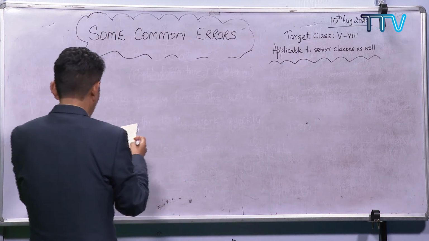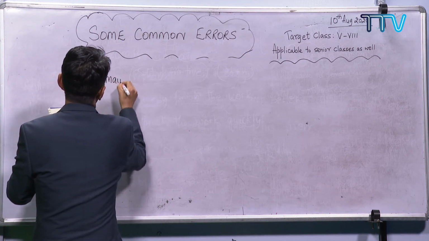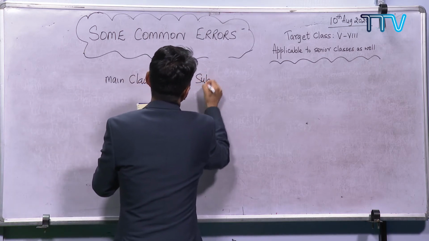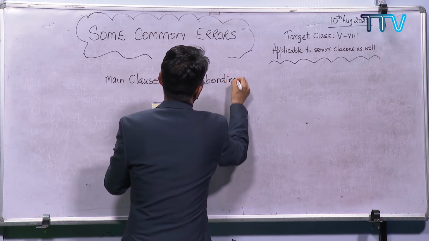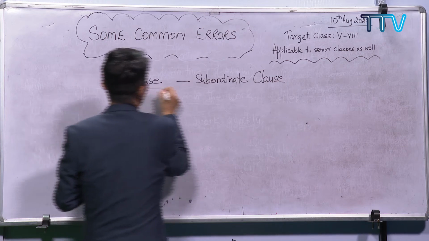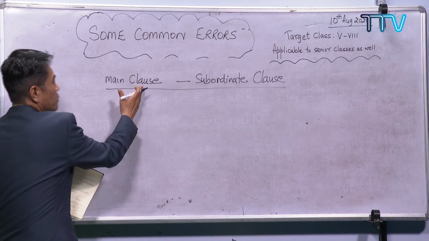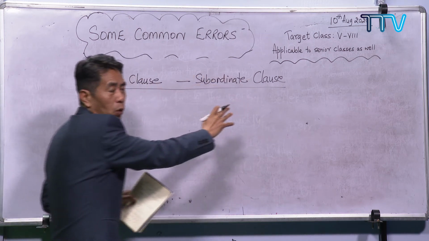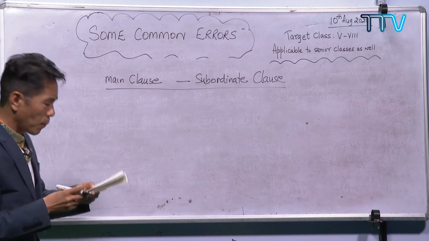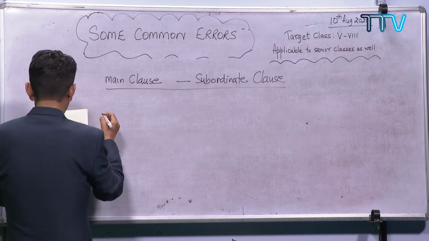And then we have got the main clause and subordinate clause. So you all are familiar with the clauses. In one sentence, if there are two clauses, one is the main clause and the other one is the subordinate clause. So the subordinate clause depends upon the main clause. So for example,